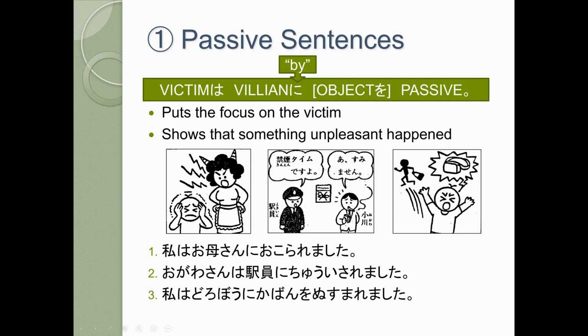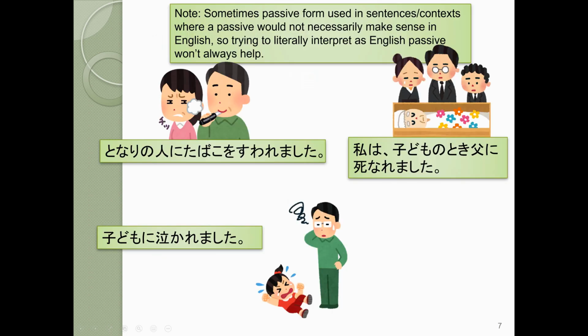And that upset me. ですね。So the victim は, so 私は or 小川さんは, the villain に, so お母さんに, 駅員に, 泥棒に, something を passive verb と言います。